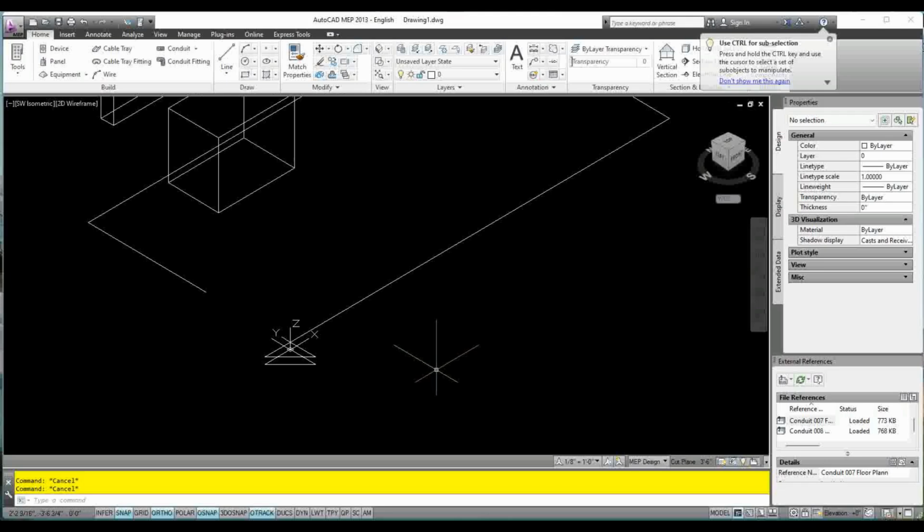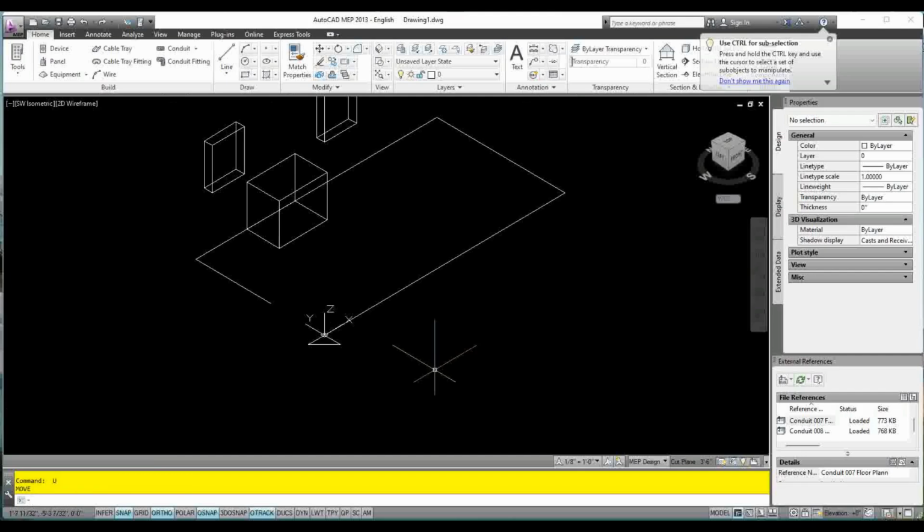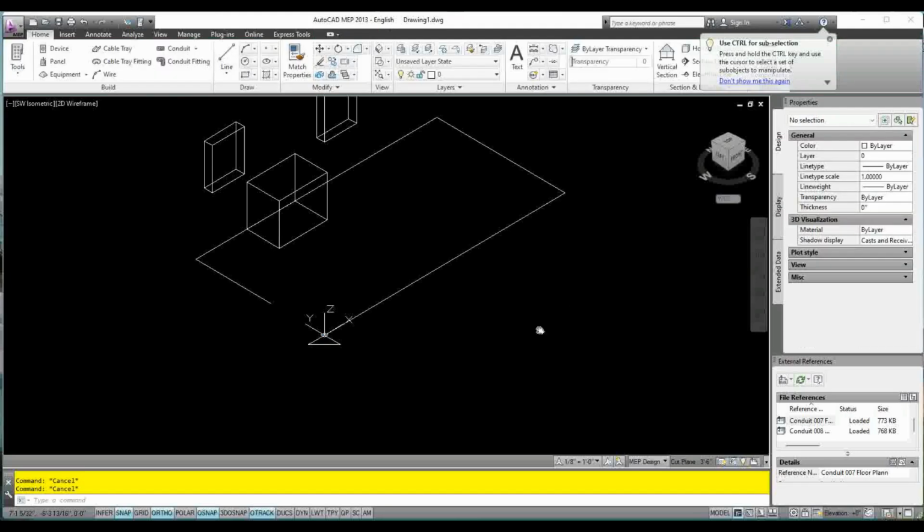So let's, I'm just going to undo. Hit U, hit enter, enter, enter, enter, enter, and okay, it moved back down. Right now, let me verify. This is now at insertion point 0. Okay, so whenever you do the undo command, as long as you keep hitting enter, it's going to keep going back until you stop doing it. Going forward, you can only go forward once. So be really careful. All right. Okay, so